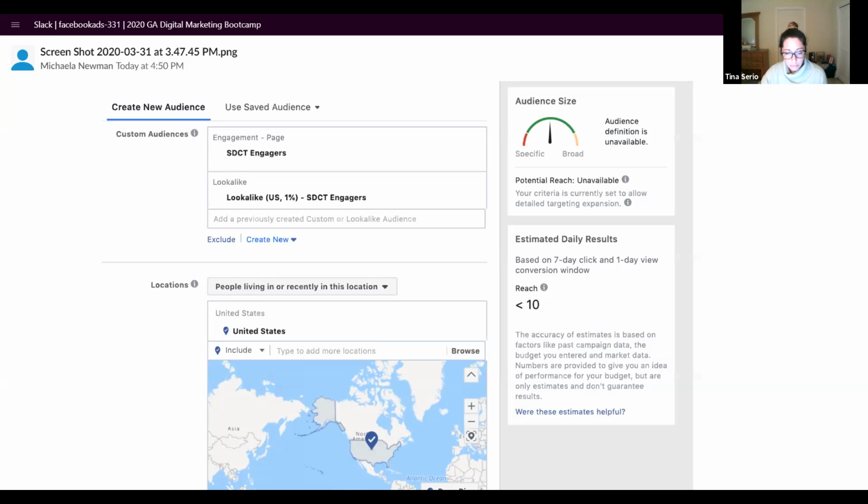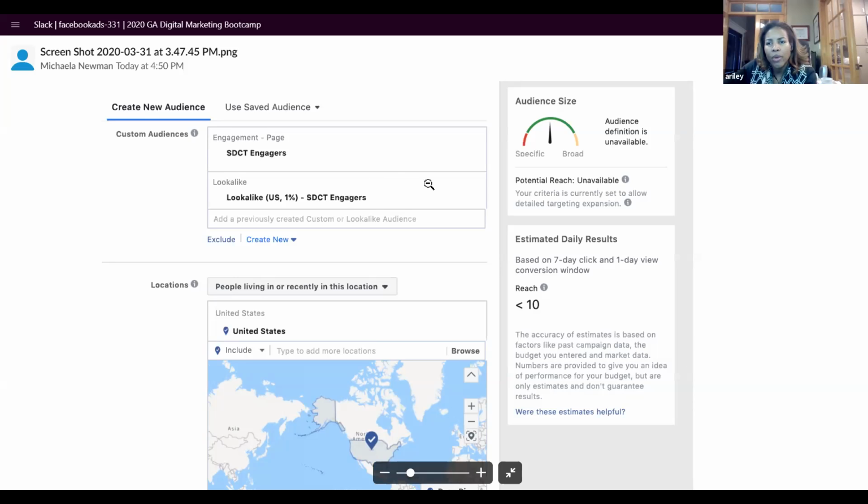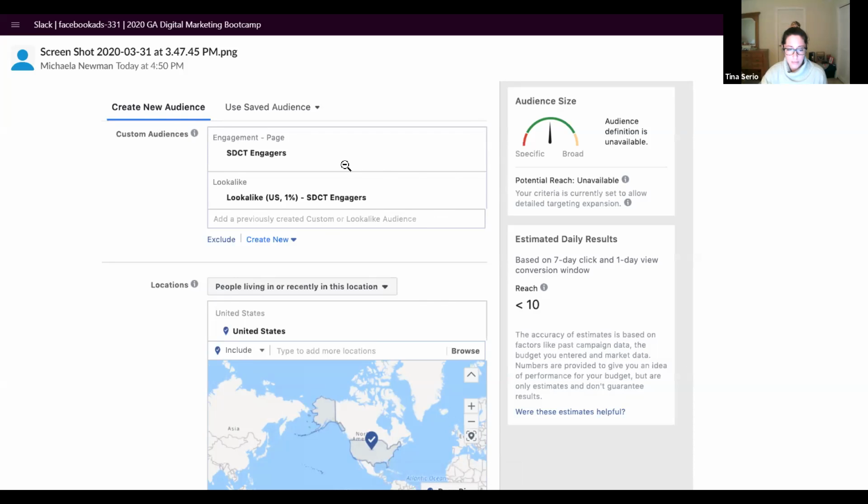Okay. Can you go back to how we get back? She has the same issue that I am, and I'm just trying to see how you get back to correct it. Yeah, can you get back to this screen that I'm showing here, where it shows the audiences that you've selected?